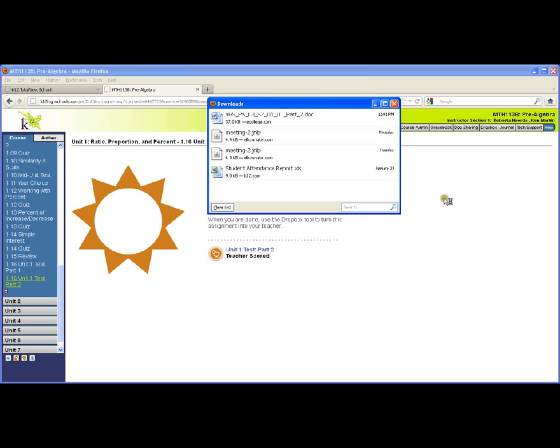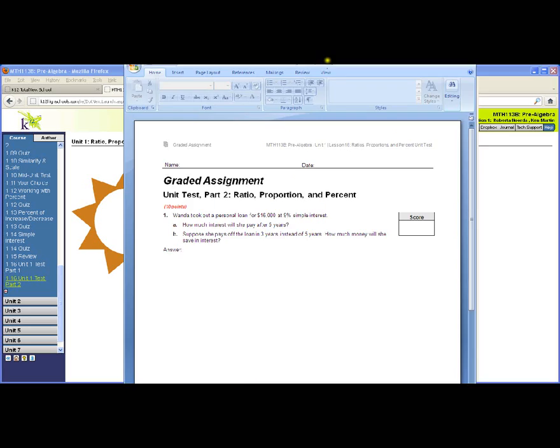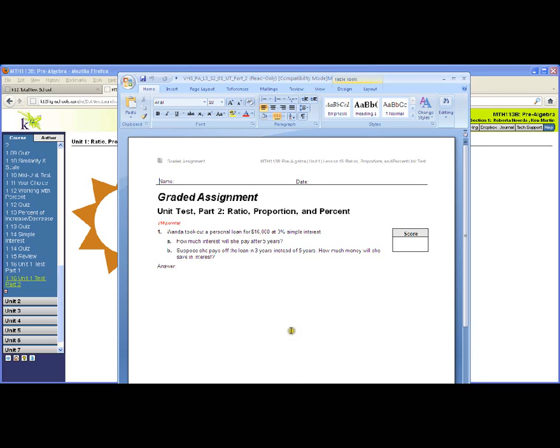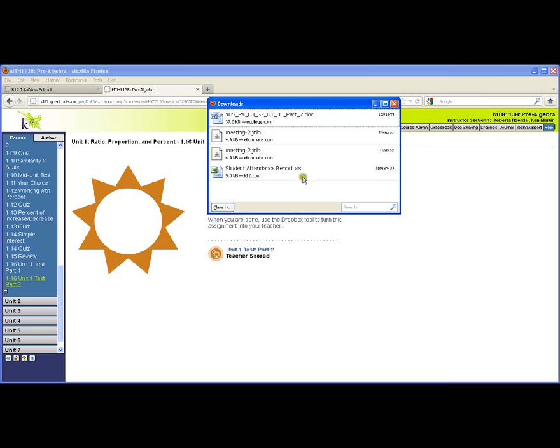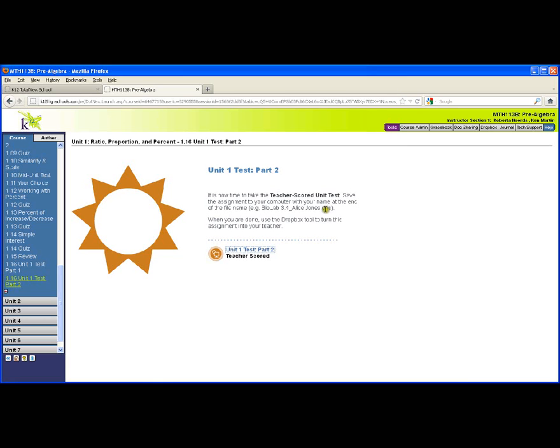You should be able to see it. It's going to pop up right here, and you're going to see Wanda took out a personal loan with simple interest. And so it's going to ask you some questions. You're going to write the answer right on this form, save it, and then submit it into the Dropbox after you've completed. So you'll click on Dropbox,